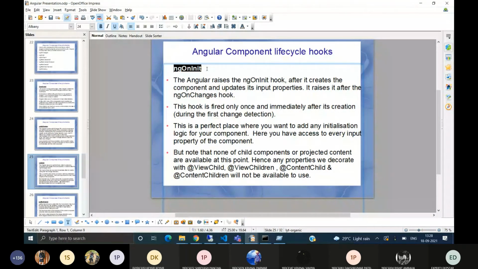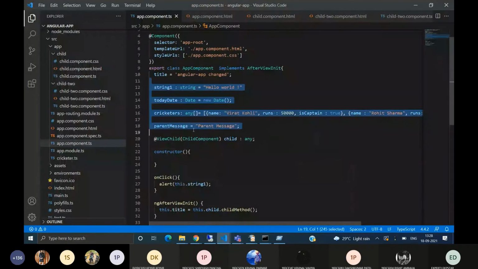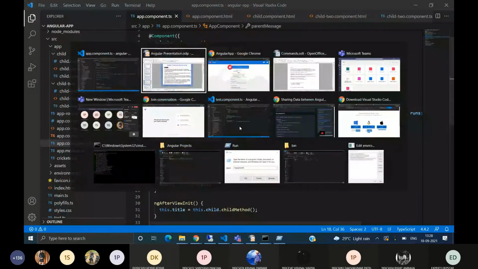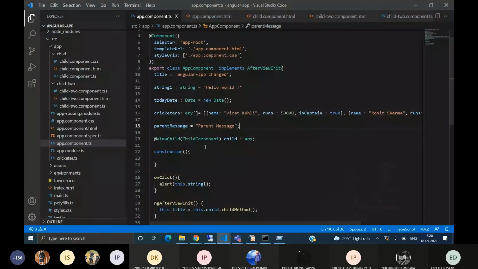ngOnInit is a function callback that is called when all the properties are initialized. All these properties and methods are initialized, and then it is called just once, when that component is created for the first time.